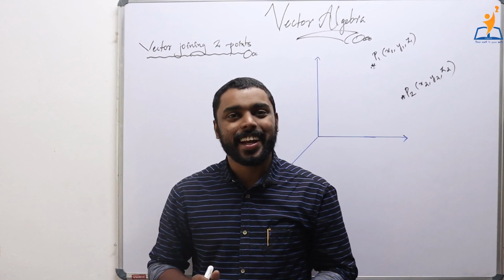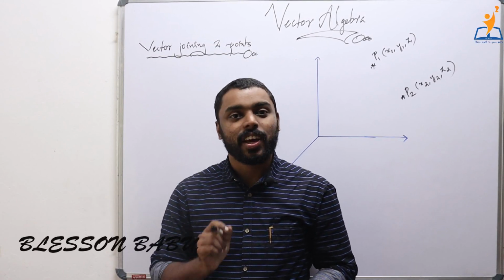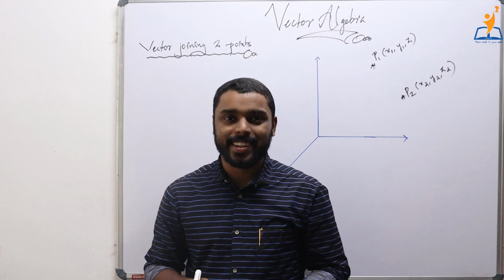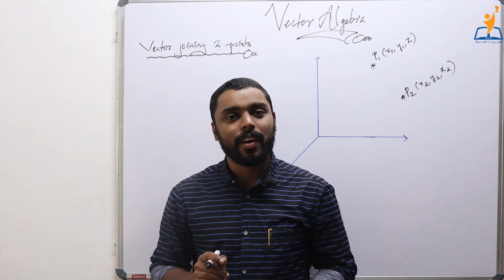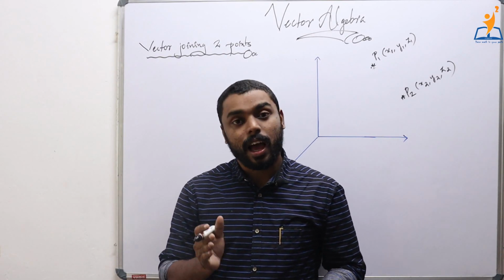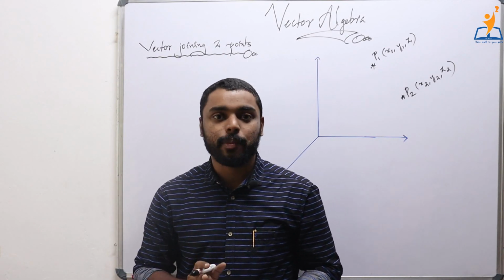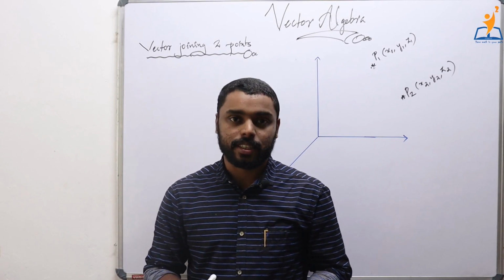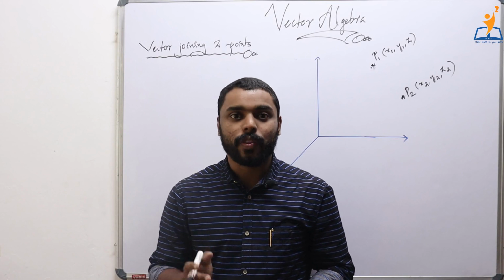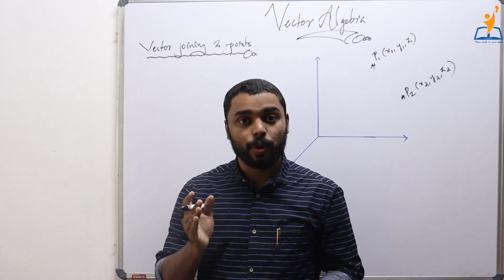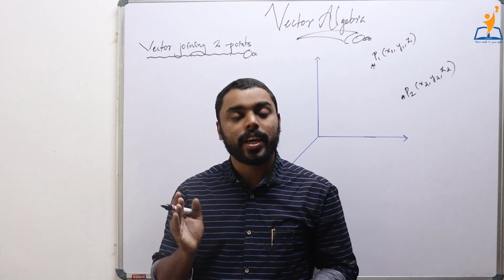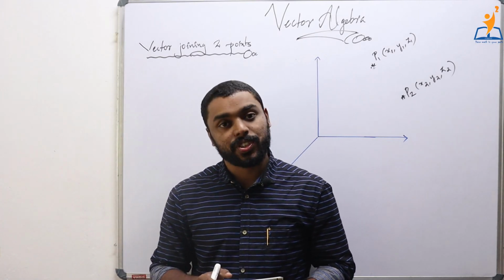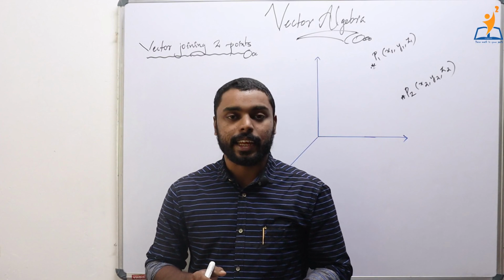So far we have learned about vector algebra, right? Vectors are nothing but a quantity which has magnitude as well as direction. We know that. Also we have learned some properties of vectors, and in the last class we have learned about vector addition as well as the components of any vector. Correct. So we know that i cap is the component unit vector in the x direction, j cap is the unit vector in the y direction, and k cap is the unit vector along the z direction.